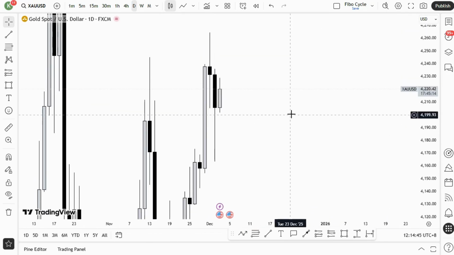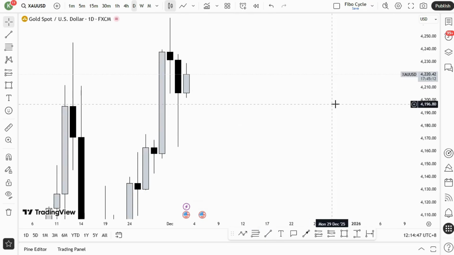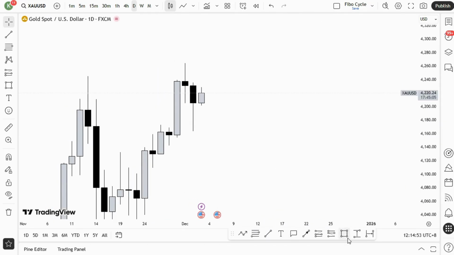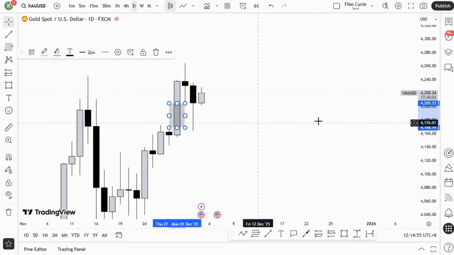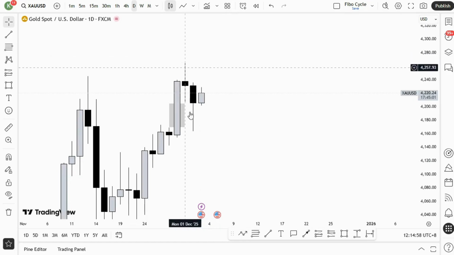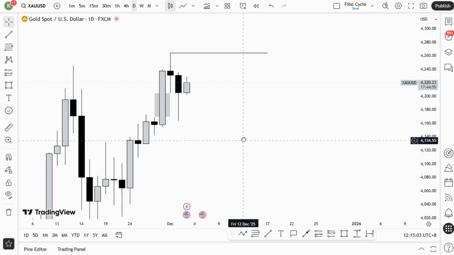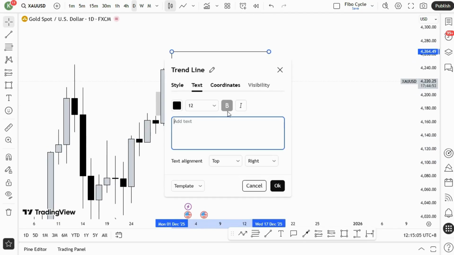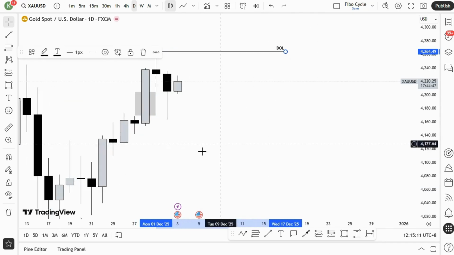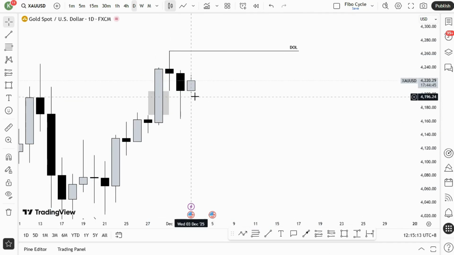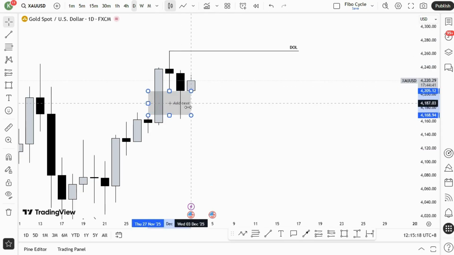Alright, let's start off from D1. If we look at D1, we can see that price is coming off of a D1 FVG. Okay, we can see here this is the FVG which price is coming off of, and this is our draw on liquidity. And we can expect higher prices from this D1 FVG. Okay, so coming off of this D1 FVG,